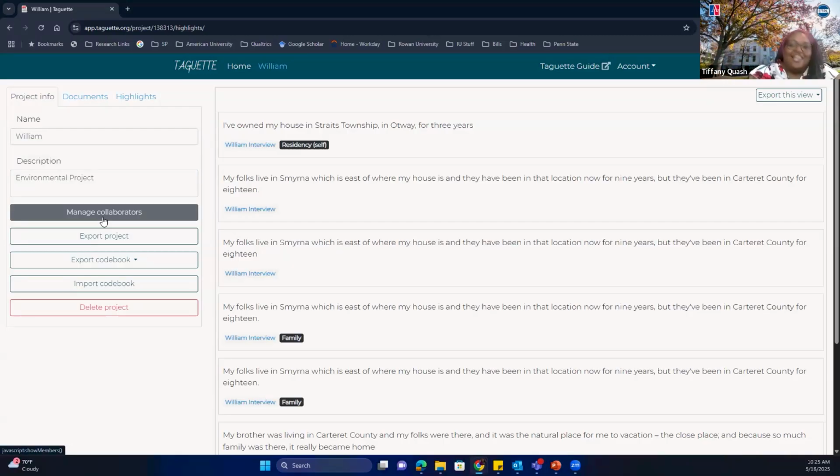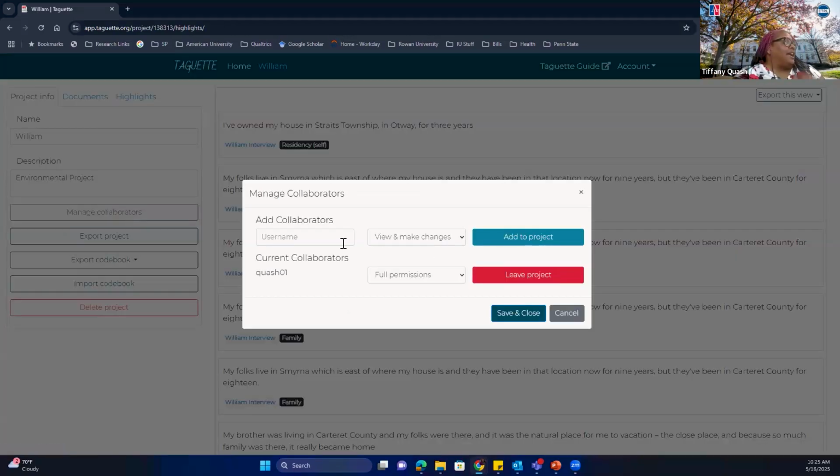The downfall is you can see what your collaborator is actually tagging. So you're not coming to it as a person who's like, oh, wow, this is a new revelation. It's more of, oh, you already tagged it. So that's just unfortunately the drawback of this particular program. So for lack of better words, you can't line code, as they would say in qualitative research, using it on Taguette.